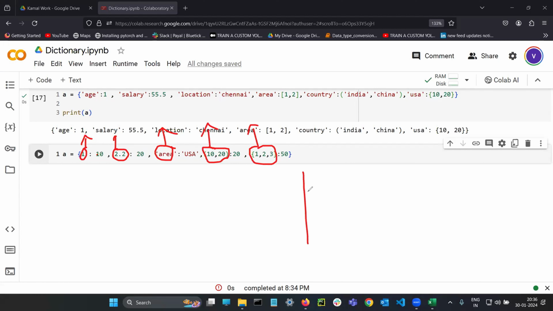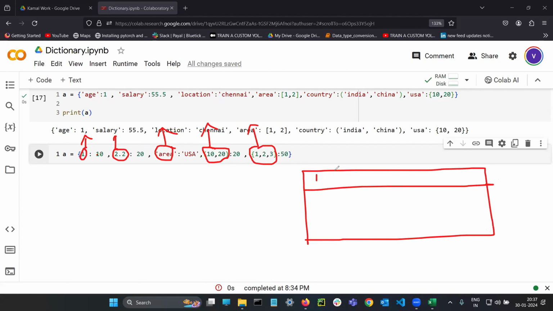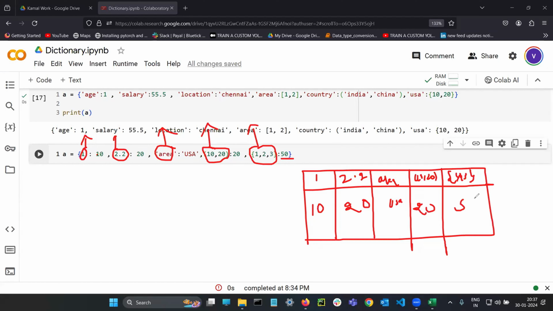As a user, I'm trying to give 1 as a column name, 2.2, area, 10 comma 20, and 1 comma 2 comma 3, with the values 10, 20, USA, 20, and 50. So if I print A,